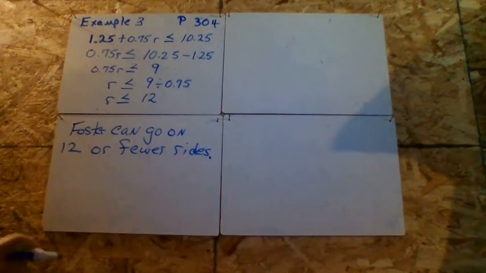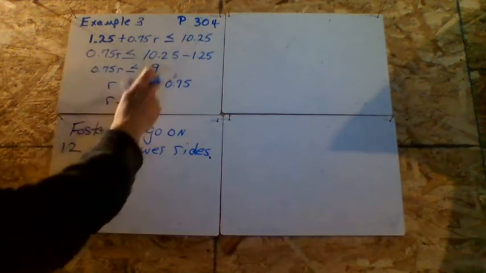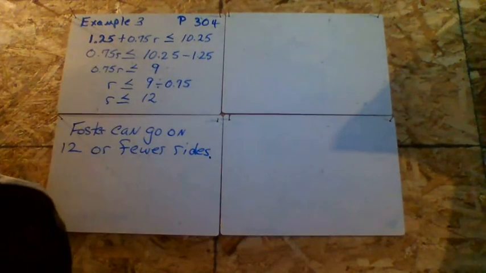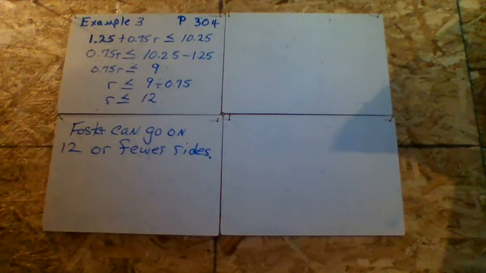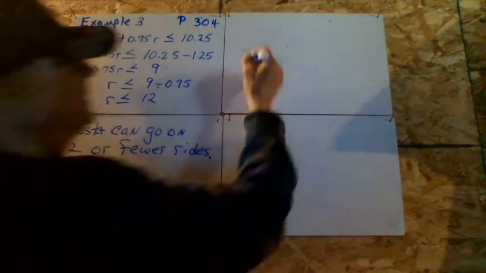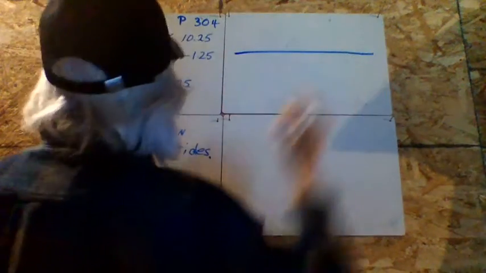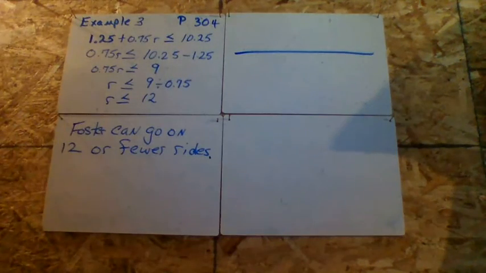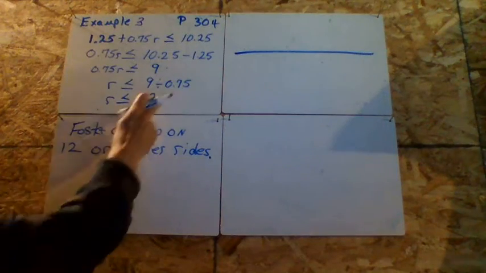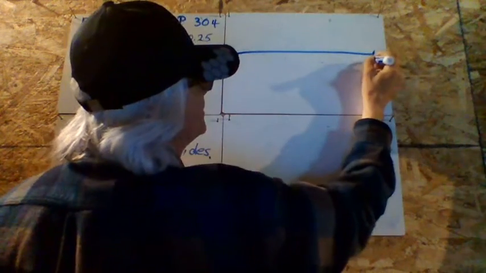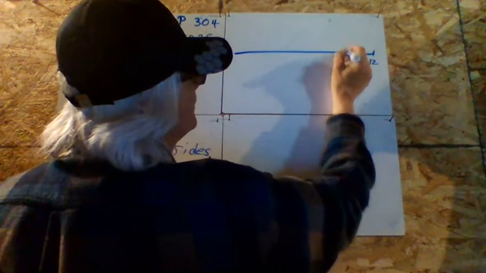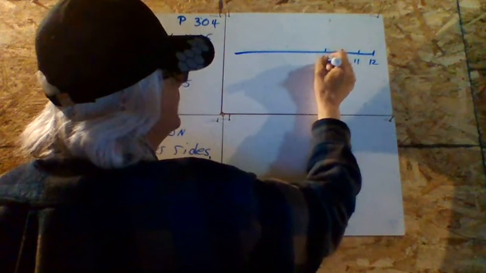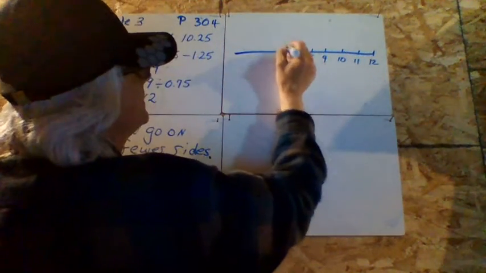So what else do they want us to do? We've made up the inequality that they've asked for, we've solved it, we've answered it, and they want me to graph it. That graph is going to look a little bit different than what we're used to. So it's going to be 12 or fewer rides. Let me see if I can get that all on here. 12, 11, 10, 9, 8, 7,